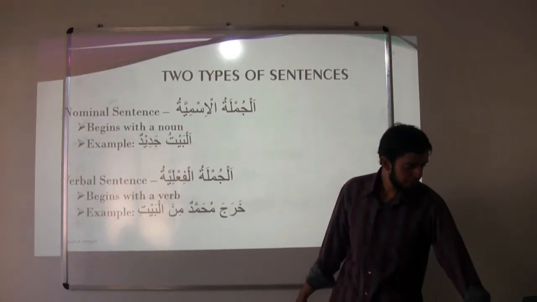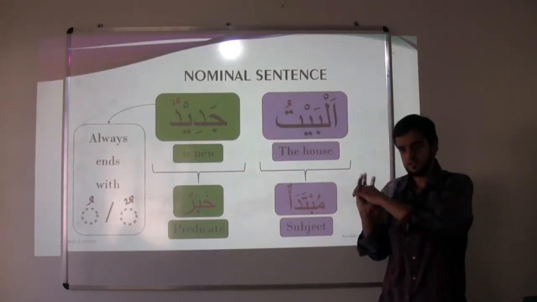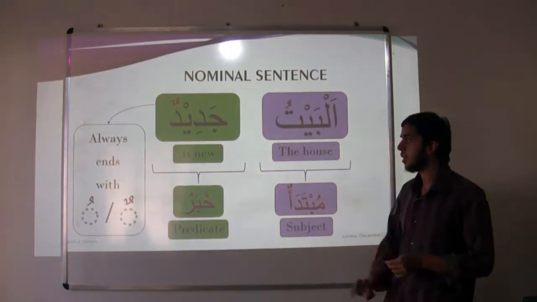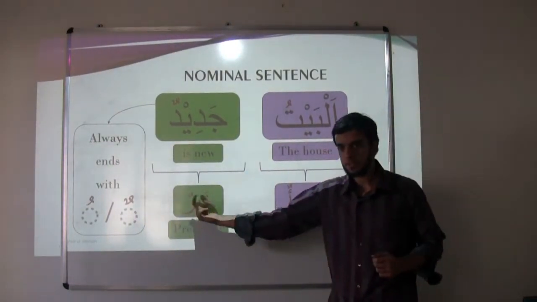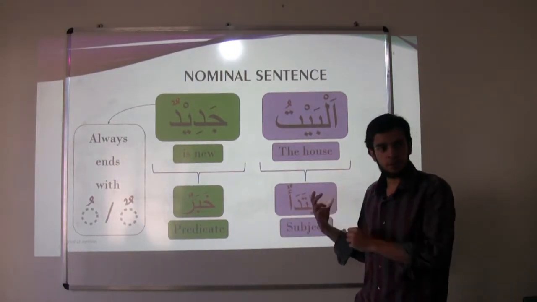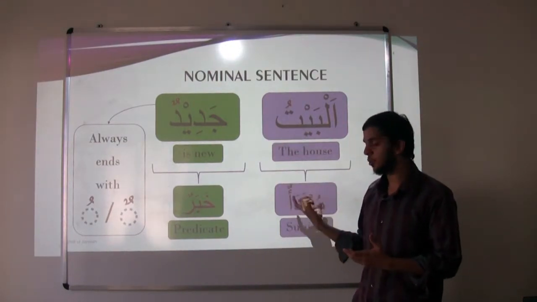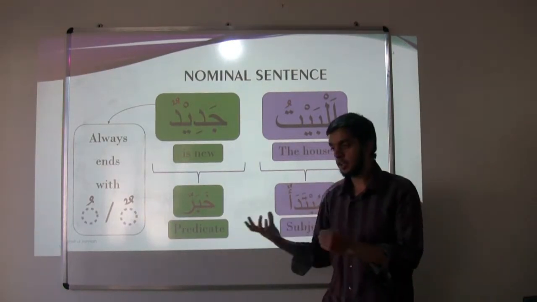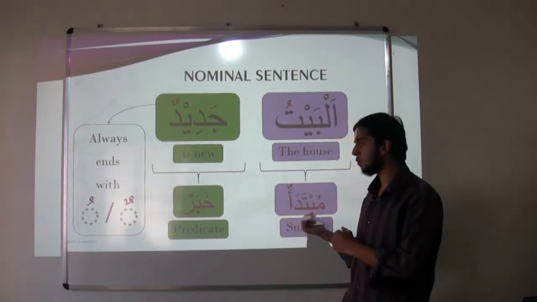Now we learned this in the last class, sister. The first type of nominal sentence: a nominal sentence is composed of two parts, mubtada and khabar. Mubtada is that particular thing with which the nominal sentence begins, and whatever the nominal sentence begins with, we tell something about it, and that comes under khabar. Whatever khabar we give about the mubtada.